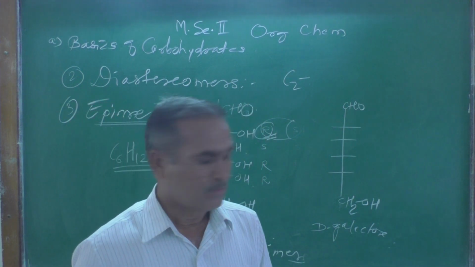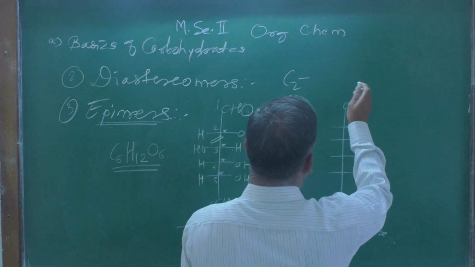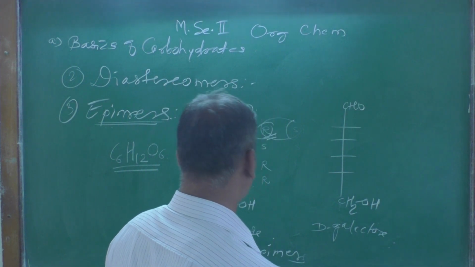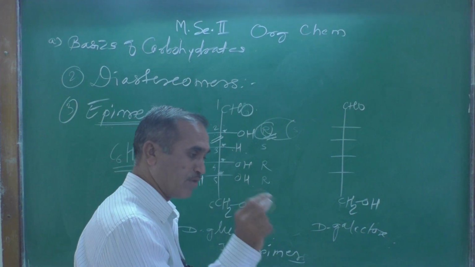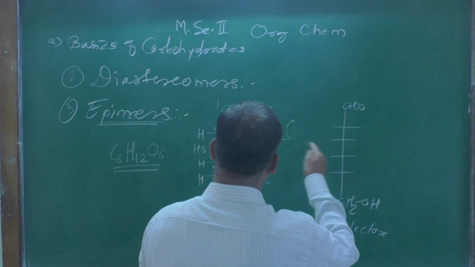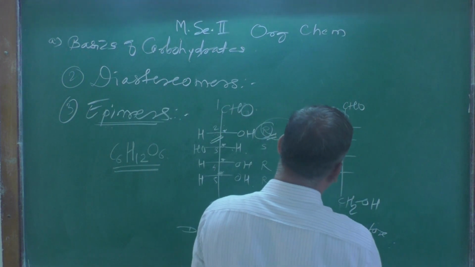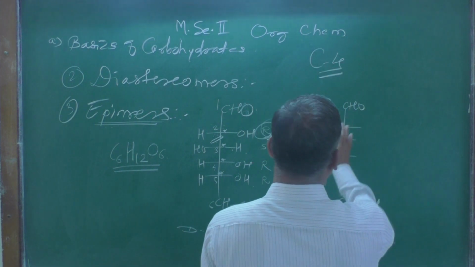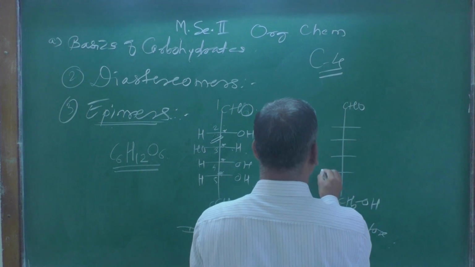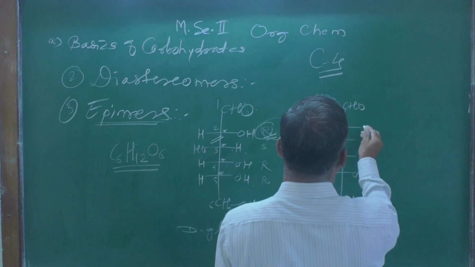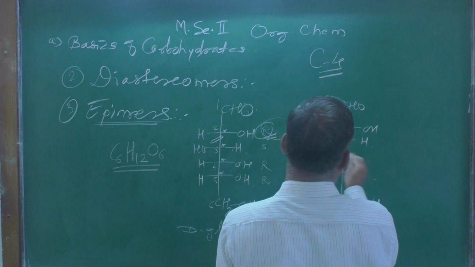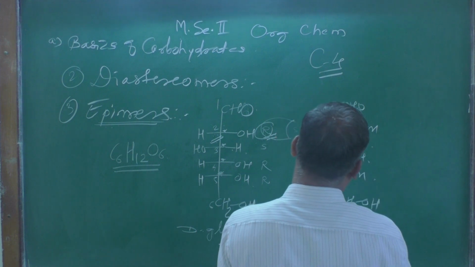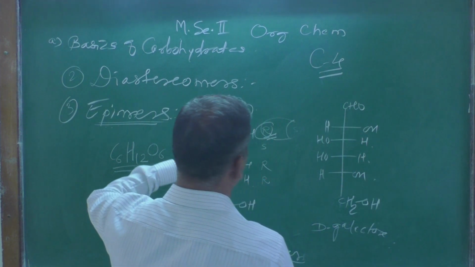D-galactose. Now look here again: D-mannose and D-glucose are epimers of each other, and they differ in configuration at the C2 position. But D-glucose and D-galactose differ at C4; the configuration is changed. The other things remain as they are. Here HOH, now here OH, H, then here you can write HO, H, HO and H. Look, everything is the same over here.